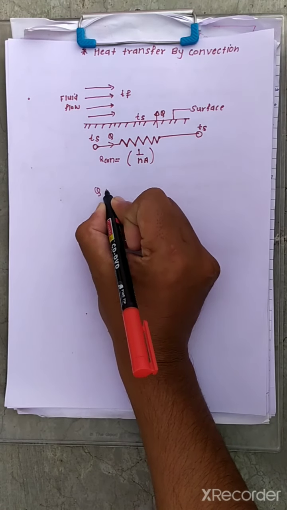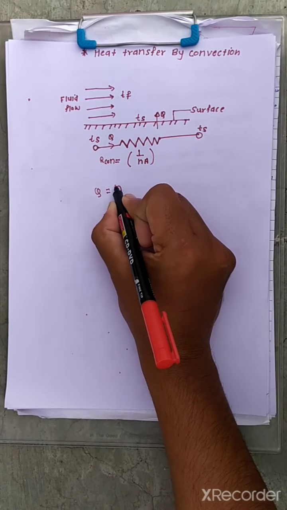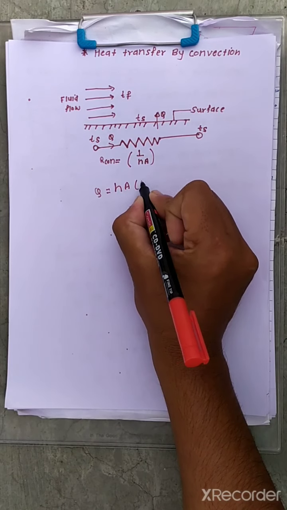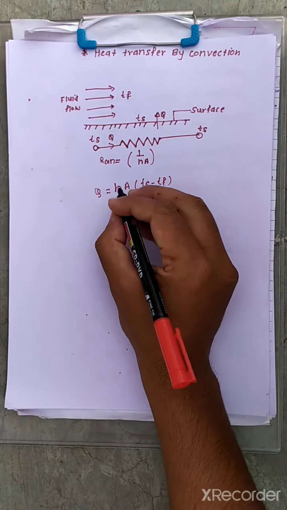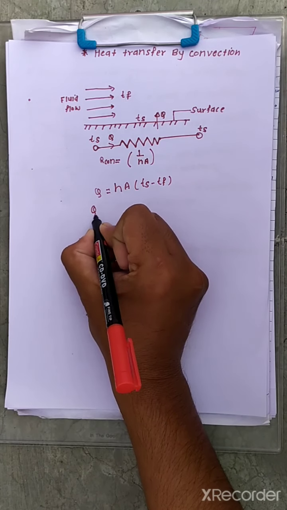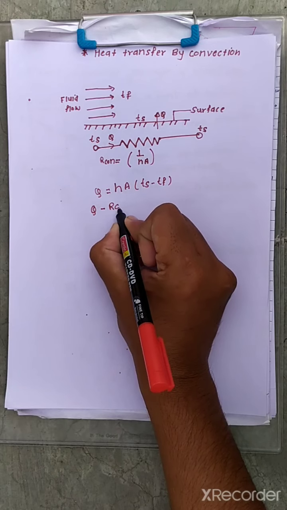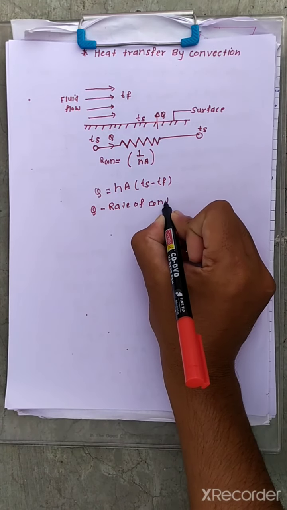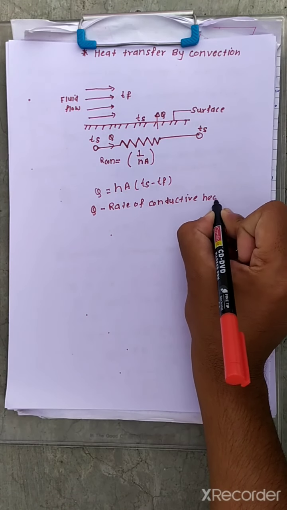According to Newton's law, Q is equal to hA (Ts minus Tf). Here Q is the rate of convective heat transfer,